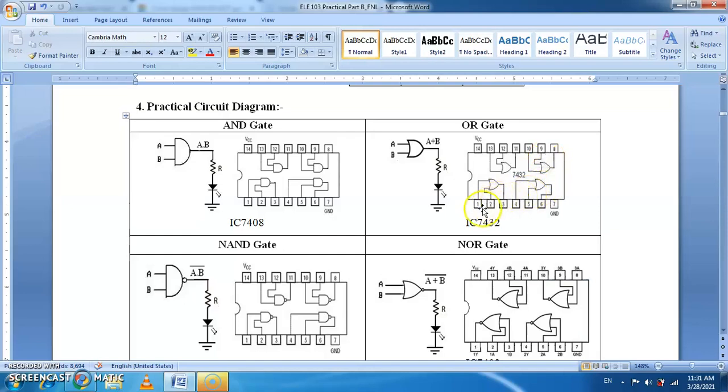So again 1, 2 are inputs, 3 is output, 4, 5 are inputs, 6 is output, and for the other 2 gates, pin number 8 is output, 9 and 10 are inputs. For the 4th gate, pin 11 is output, 12 and 13 are the inputs. Okay. So similarly we can connect the output to the LED, and the resistor connected to the ground and the cathode.